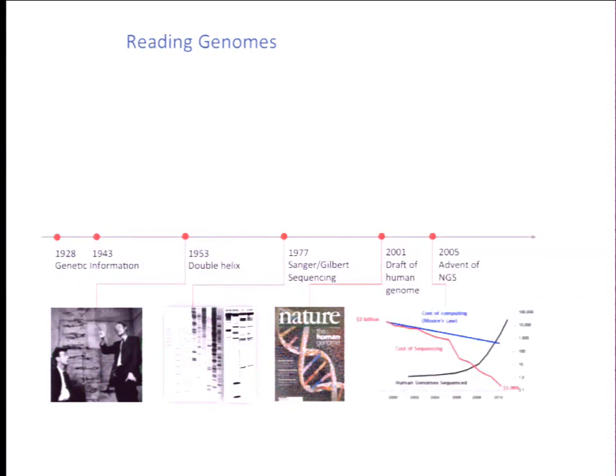But since then, with the advent of next-generation sequencing, our ability to read genomes has really exploded, so much so that we're sequencing genomes at about $1,000 a genome. And as of 2011, over 250 eukaryotes and 4,000 bacteria and viruses have been successfully sequenced. So in some sense, our ability to read genomes has grown very powerful, and we are very good at being able to read genomes.